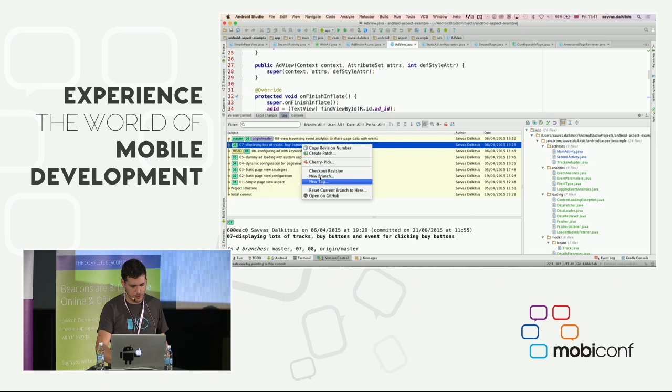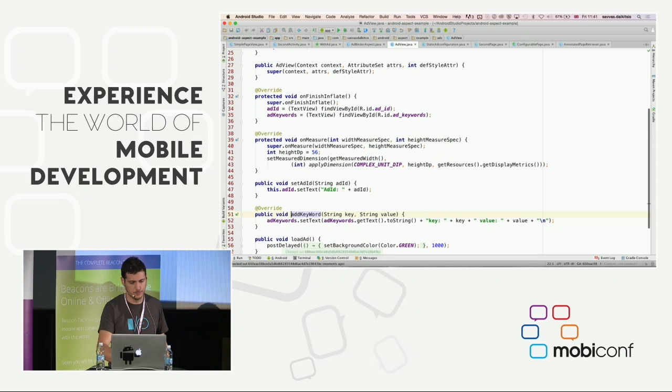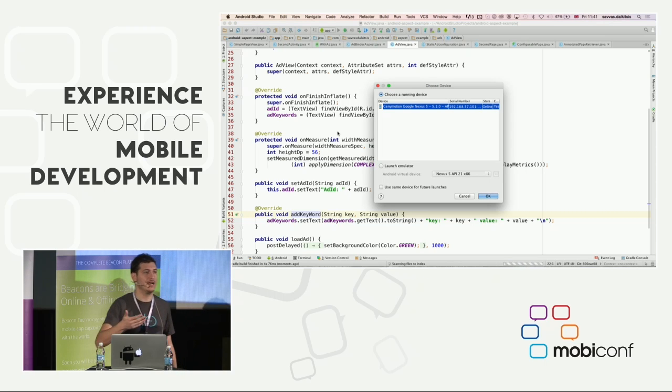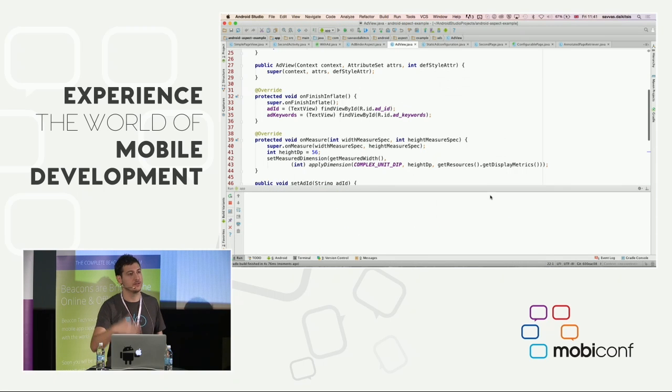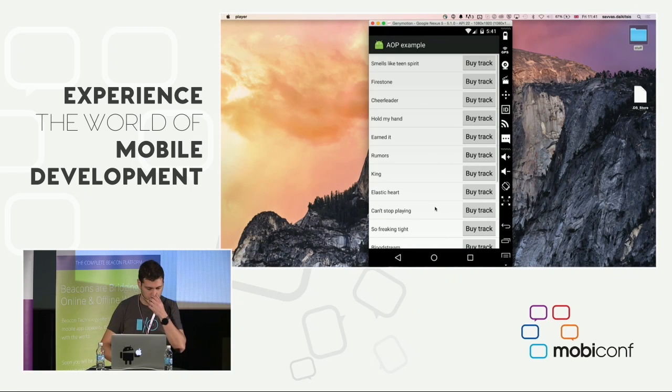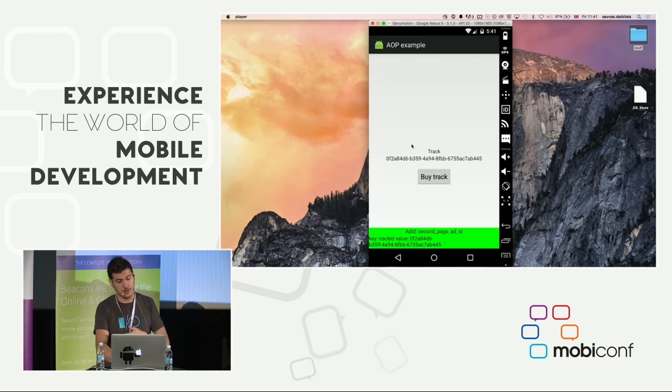Now, making the example a bit less contrived, a bit more useful, leaving the page views and the ads aside, the other type of analytics you usually have in your app are user events. Things that the user clicked, how they navigated the app, what they are selecting. So in this example, I've changed the app to display a list of tracks. As you can see, just a list of random tracks. They also have a buy button on the row, but you can also open the track, and you can see that the name of the track is displayed, and there's also the buy button there. It's a bit more useful.